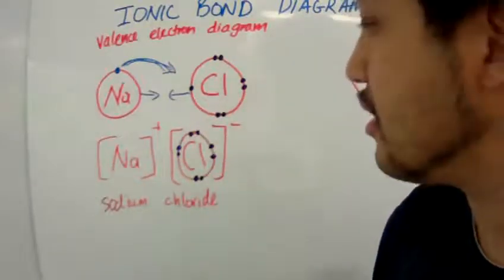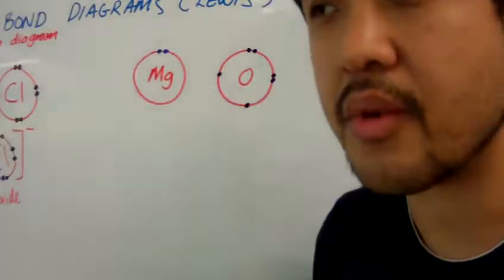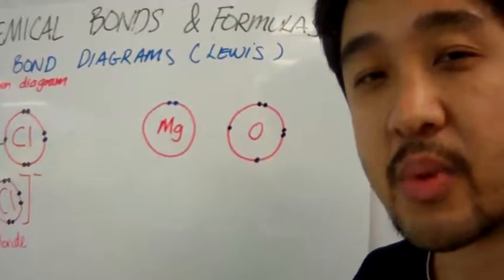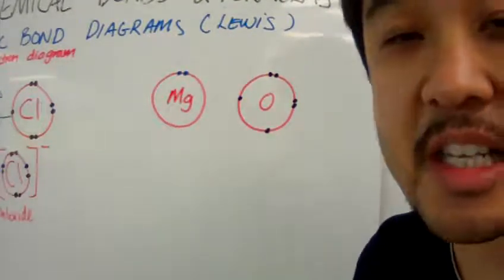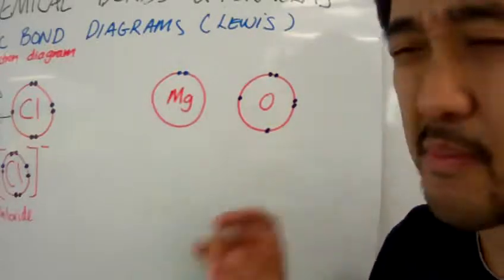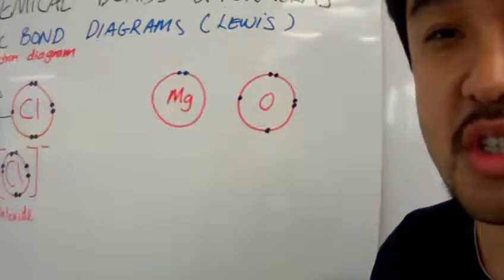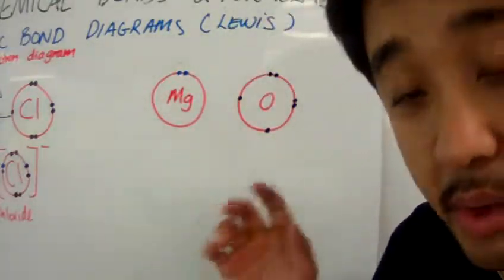So there we go. Now let's look at a different set of elements. And this is group 2 as well as the oxygen group, which is oxygen. Here I have magnesium and oxygen. Magnesium has 2 valence electrons and oxygen has 6 valence electrons. And when they both come together